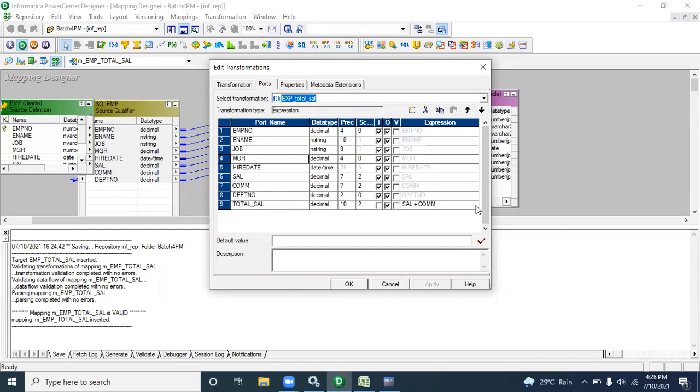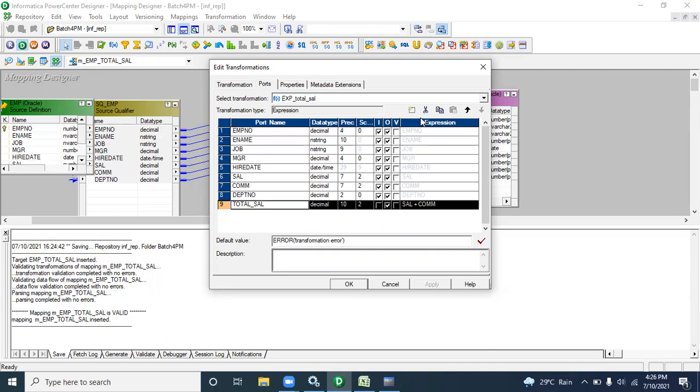For that, you should declare at minimum one variable port. A variable port is valid within the transformation, within that particular object, but you cannot take it to the next level.